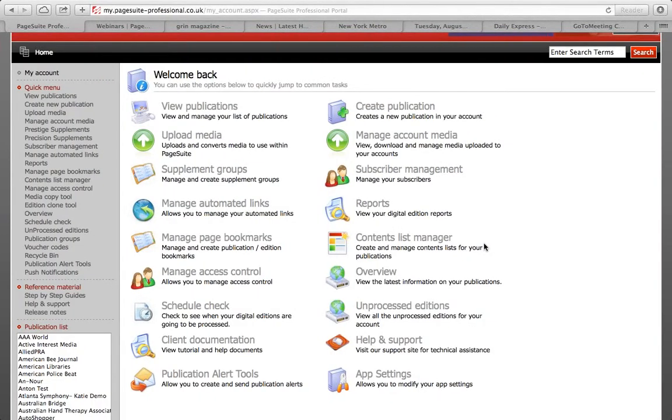Someone's asking me the benefits of using our system. We have a self-publishing system, so everything that you see is geared towards helping you do everything you need to publish digitally. So if you want to manage your subscribers, there's a subscriber management area. If you want to make sure that you are running analytics and providing reports on a daily, weekly, monthly schedule, you've got your report section here.